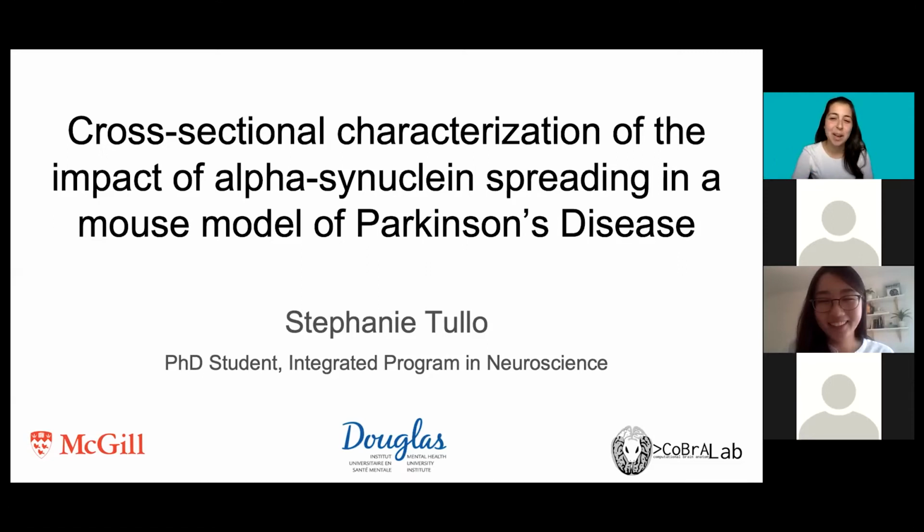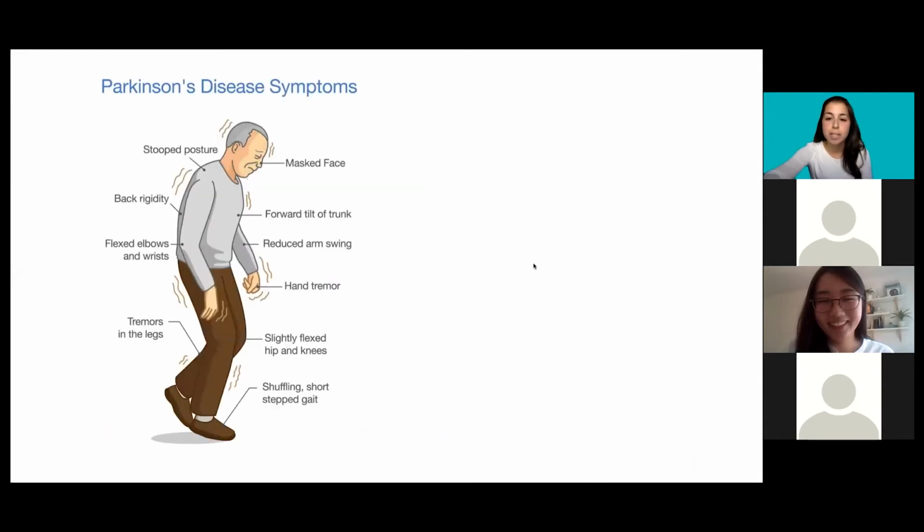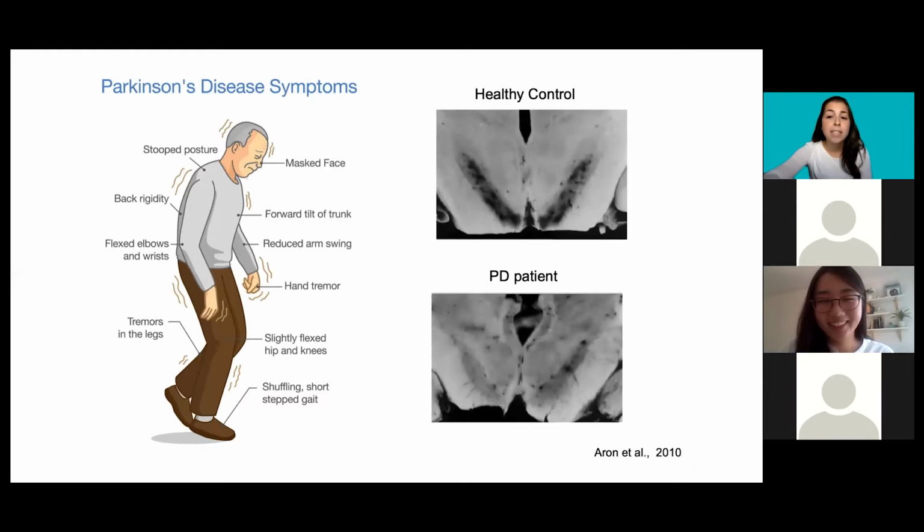Hi everyone, today I'll be talking about the first project of my PhD thesis, which is titled Cross-sectional Characterization of the Impact of Alpha-synuclein Spreading in a Mouse Model of Parkinson's Disease. As you all may know, Parkinson's disease is a progressive neurodegenerative disorder and is generally characterized by slowness of movement, rigidity, and tremors. And these characteristic clinical manifestations appear due to the extensive loss of dopaminergic neurons in the nigrostriatal